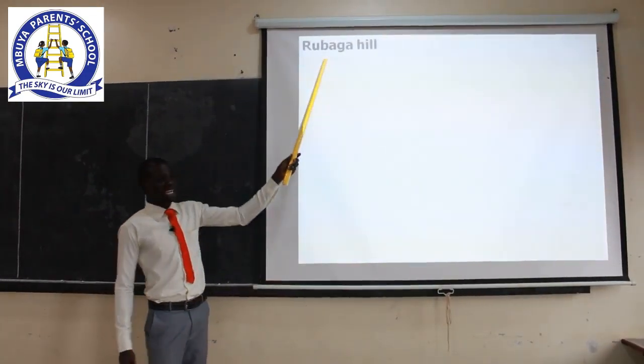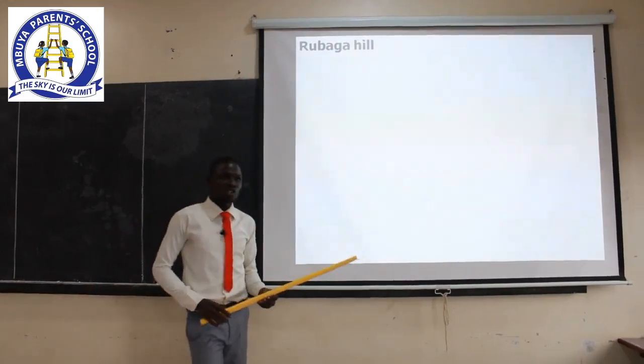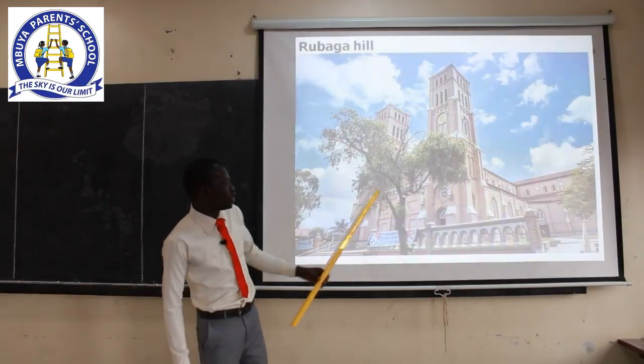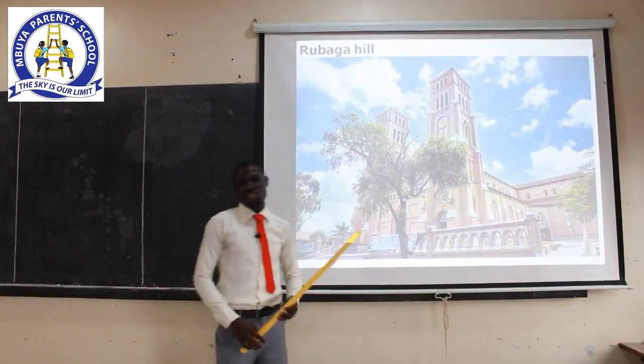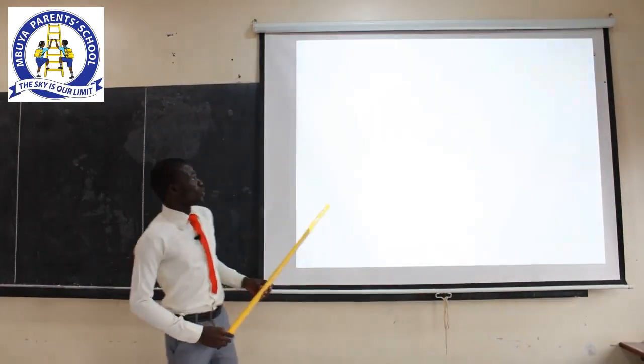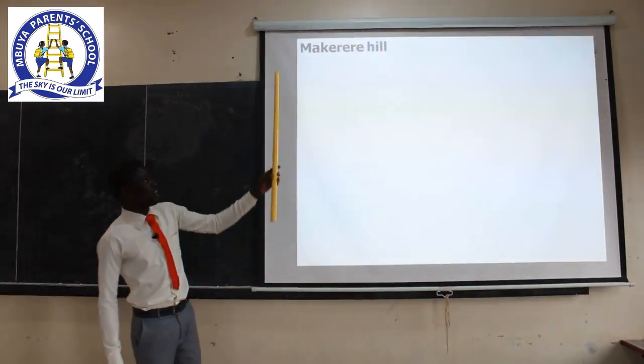Let's move on to Rubaga Hill. Even Rubaga Hill is also another hill that has this very beautiful church. But this one now is for the Catholics. Let's move on to another hill that we have in Kampala,